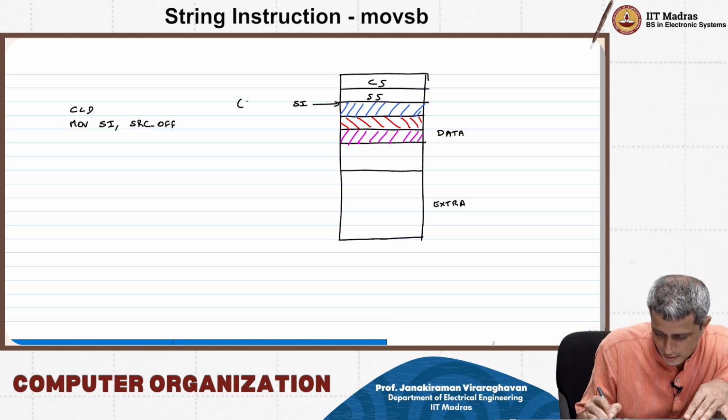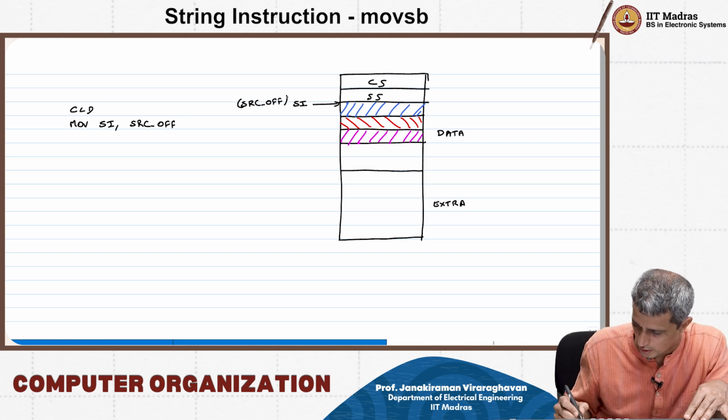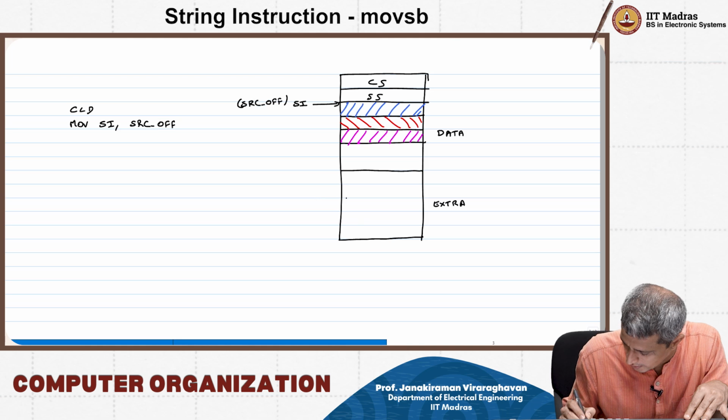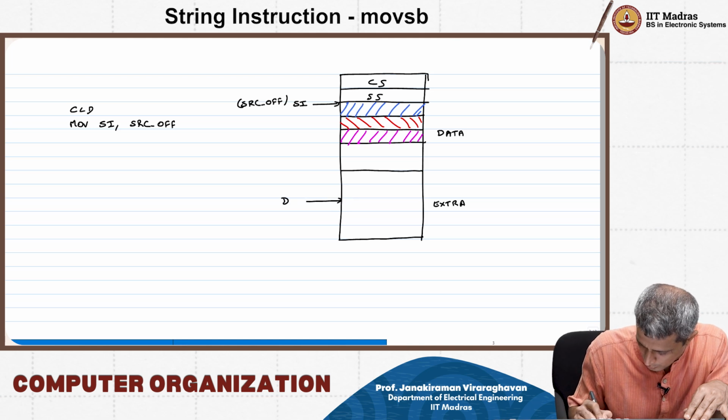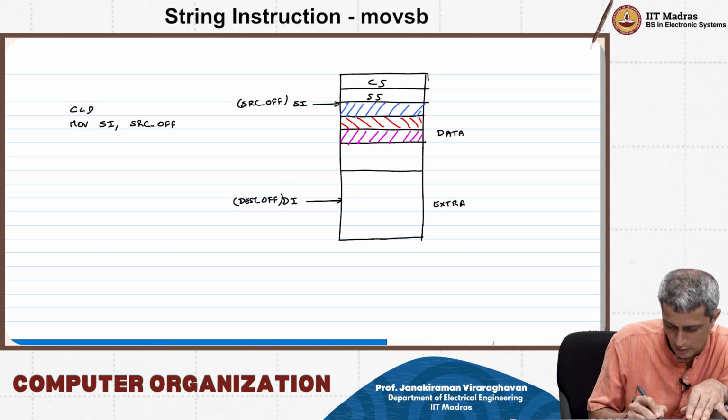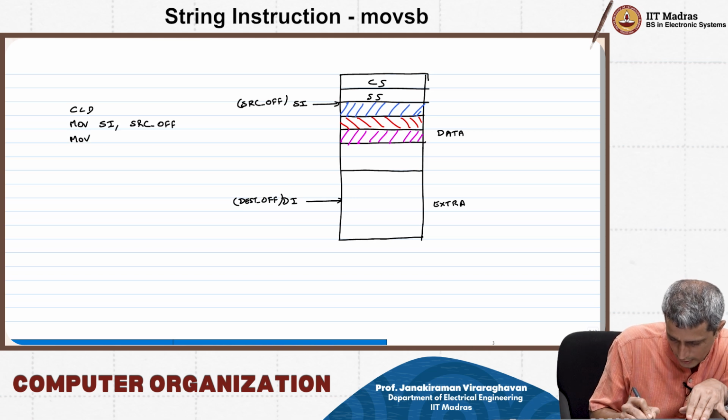So, this one is SRC underscore offset, right? And then I have my destination index, DI, pointing somewhere here, which is destination underscore offset, okay? So, move DI,